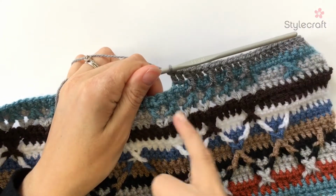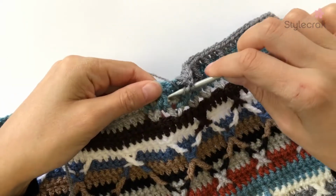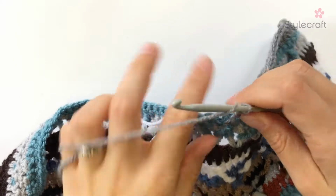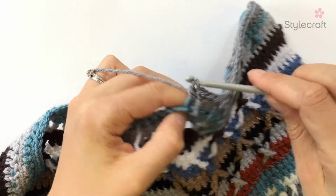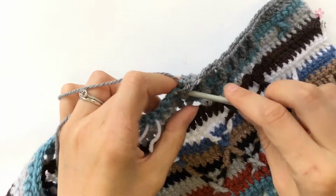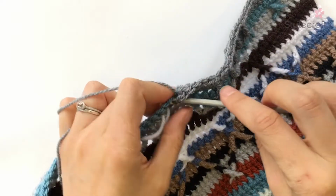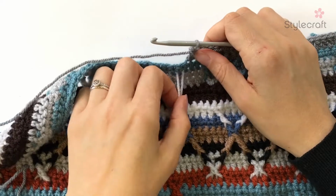So we're just coming up to our last treble 2 tog of this set here. So we're working a front post double treble around that. And then we're going to miss a stitch and work a treble into each of the next 6 stitches. 1, 2, 3, 4, 5, 6. Now we're going to work a front post treble 2 tog